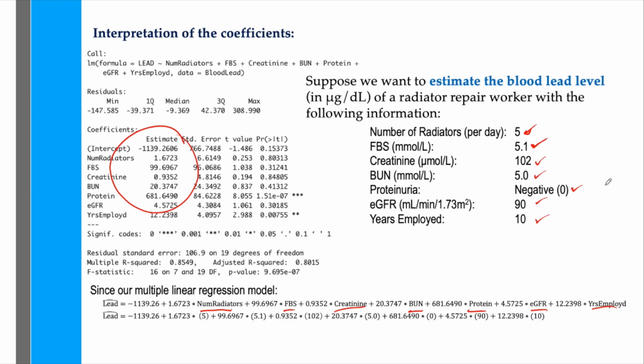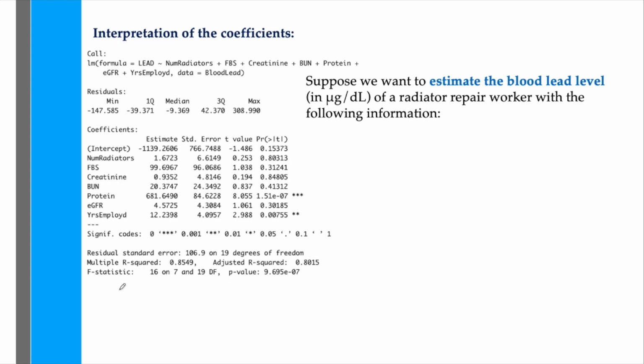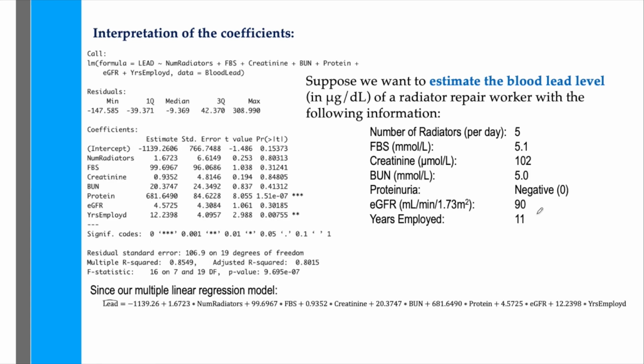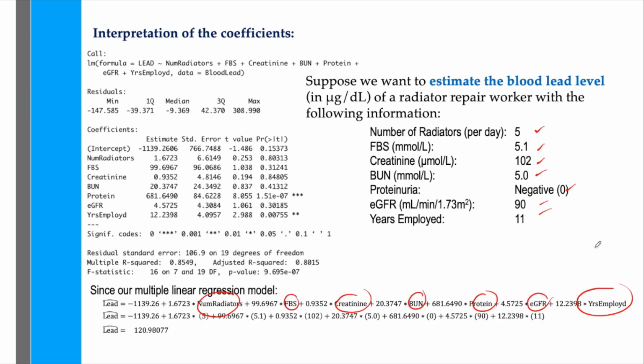Substituting those values, our estimate of the blood lead level of that radiator repair worker is 108.74097 micrograms per deciliter. Next, suppose we want to estimate the blood lead level of another radiator repair worker having these values. So all we have to do is substitute the same values with the values here. And we're going to get